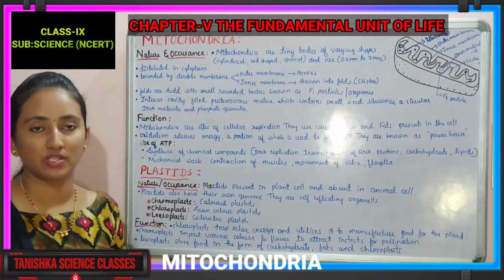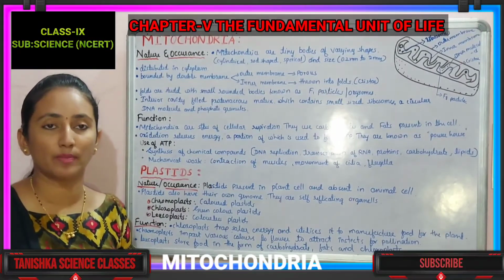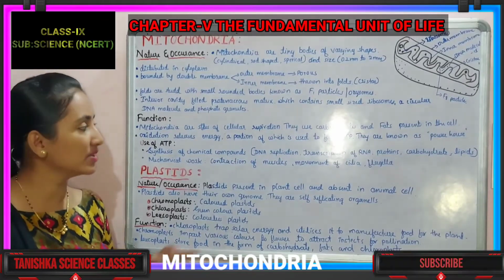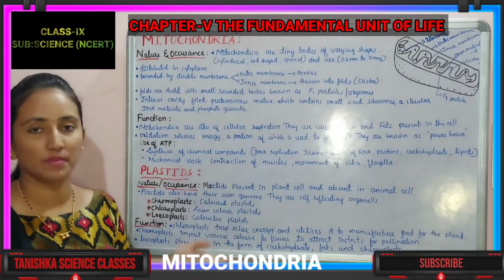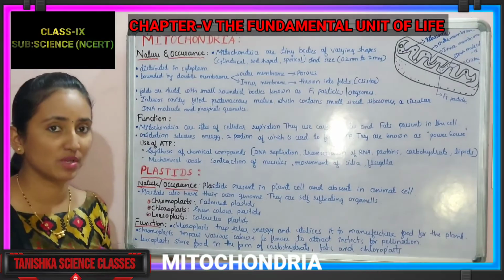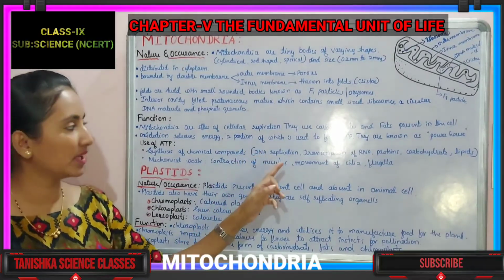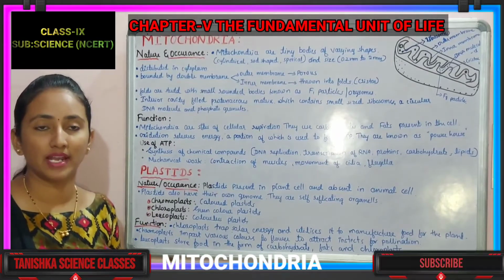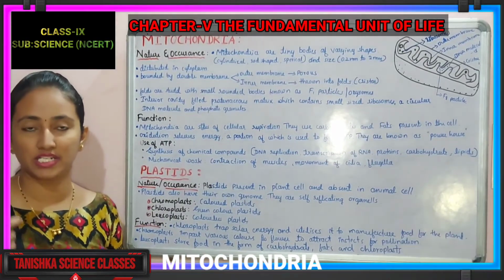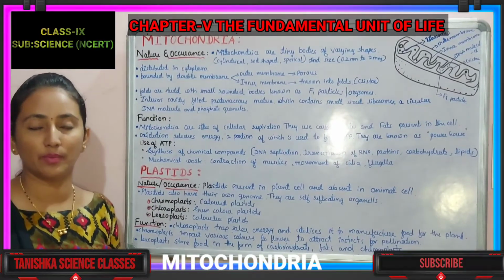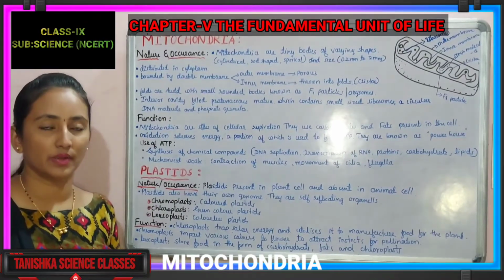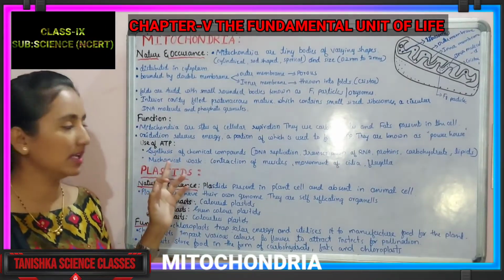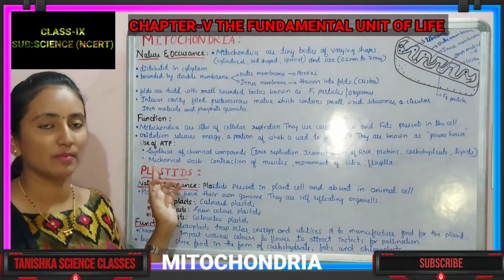In the mitochondria, that is in the cell, various chemical compounds will be synthesized. Proteins, carbohydrates and lipids will be synthesized, DNA replication will take place, and the transcription of RNA will take place. Who helps in that? ATP, that energy currency, the powerhouse, gives the energy to perform the synthesis of various chemical compounds. Next is mechanical work.